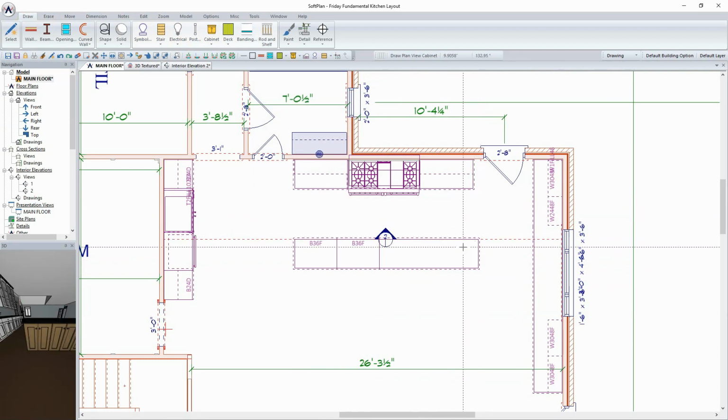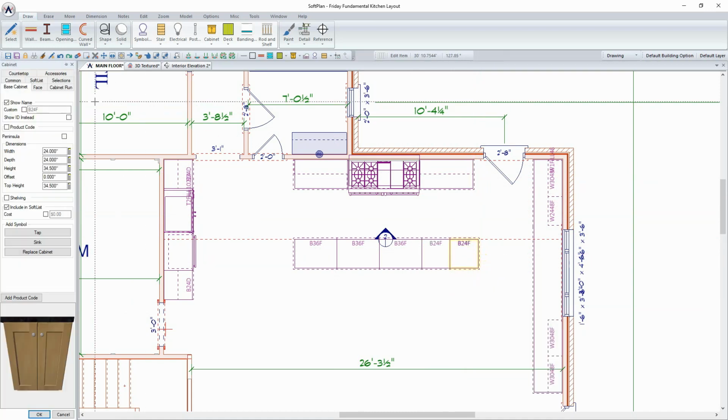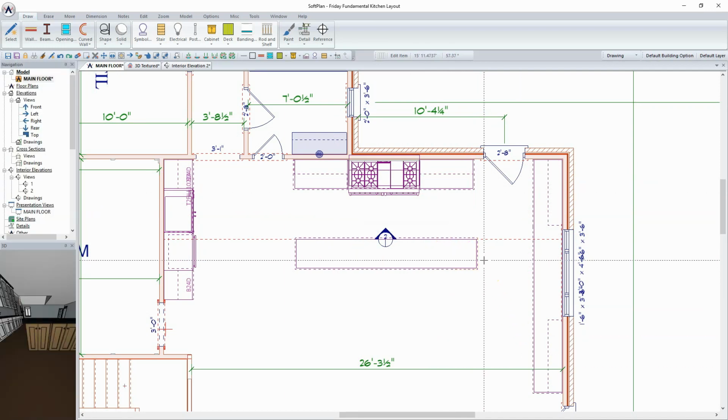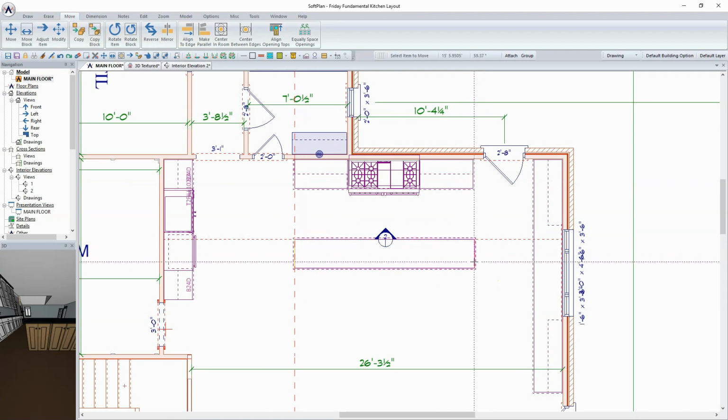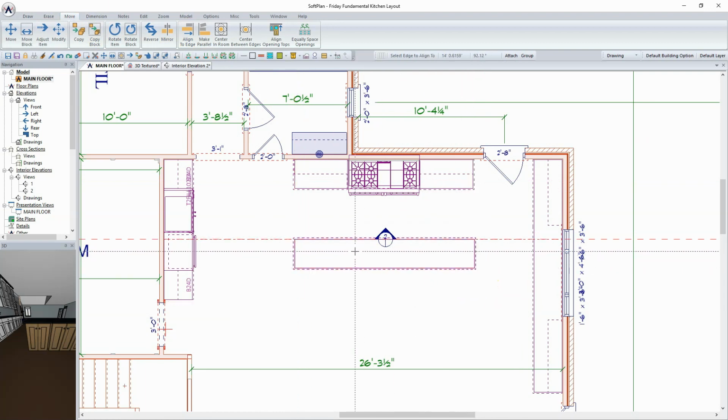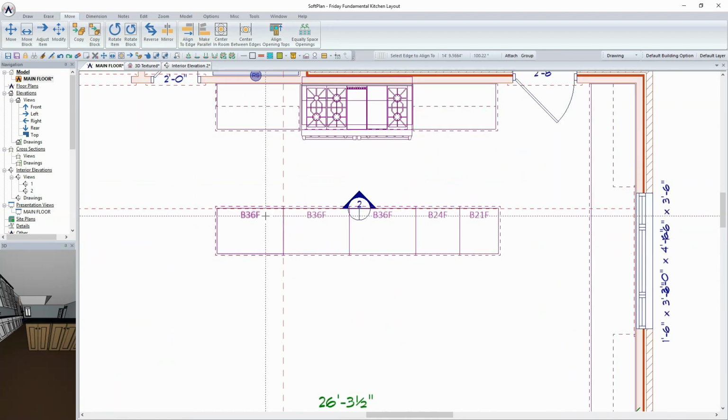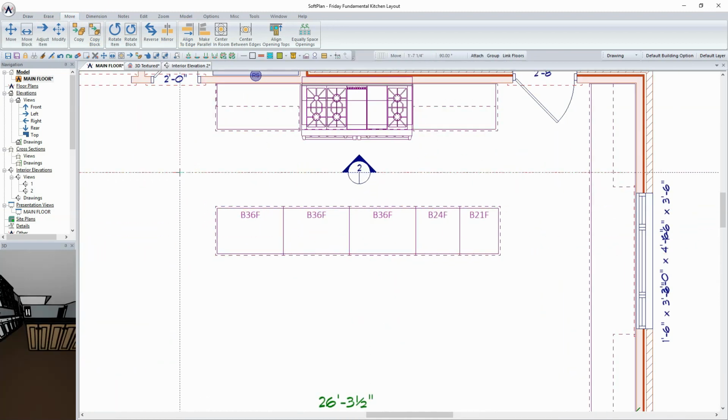And so again, probably in a perfect world this would align with that, and that's just a matter of editing dimensions on it. So if I wanted, I could edit this down and maybe make that 21 inches and then run my cleanup, and that will get them more in line with one another as far as the island's concerned. And so again, using my move align to edge, I'll pick this edge and pick this edge just to get them lined up. Okay, so as I explode this, we can see what we've got here,